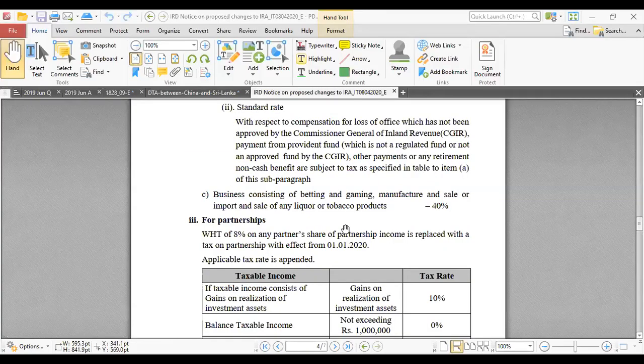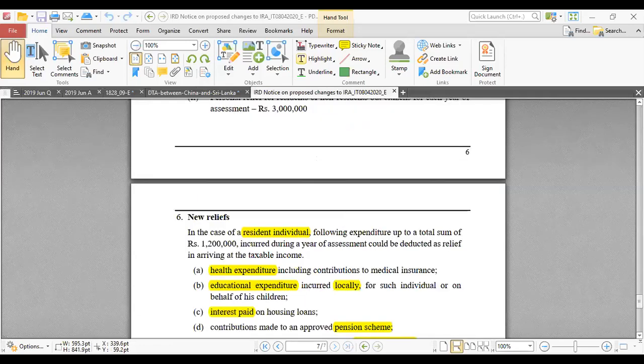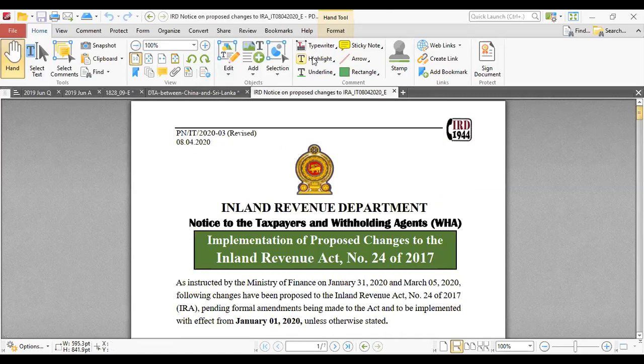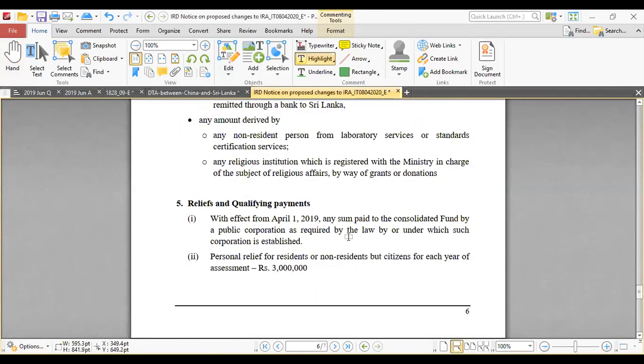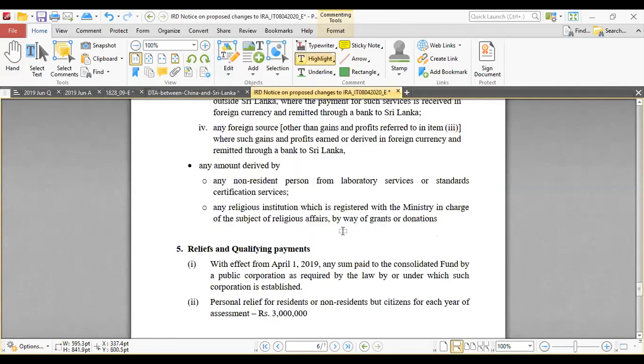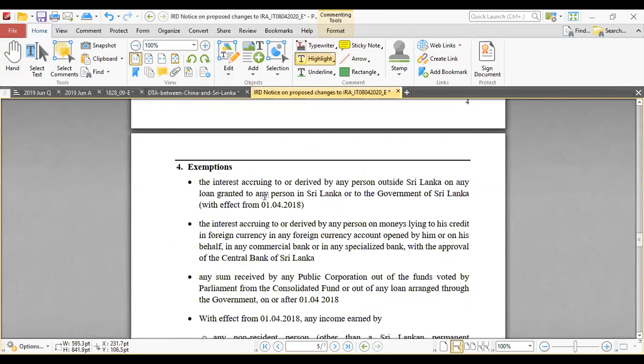Right here, this document I also shared with you, which we discussed at the very beginning. This is the notice with the recent changes. If you want to understand the recent changes, you need to refer to this notice. Then under this, if you go to the exemption, dividend and interest are also there,